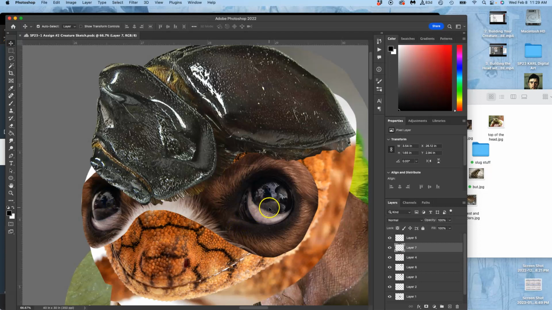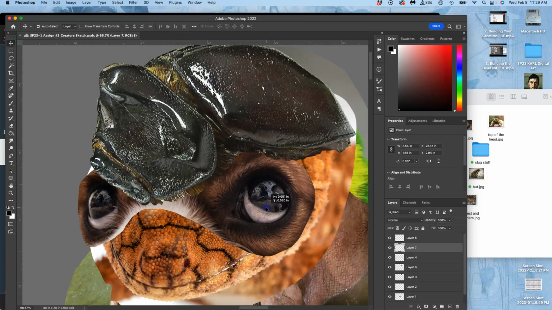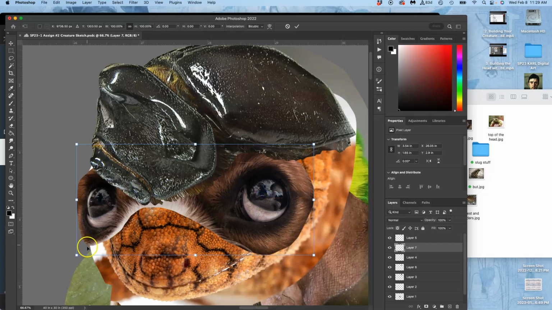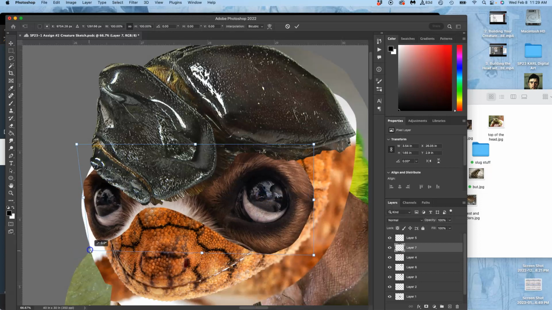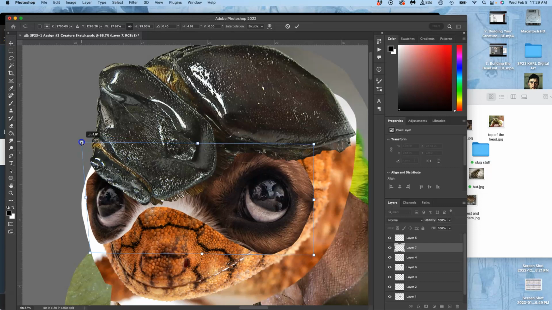Now, sometimes it's very helpful to play with some direct adjustments. So for instance, for these eyes, I can transform them, I can distort them, kind of make them match what I have a little bit better, but I can also play with their coloring. And it's all about that direction